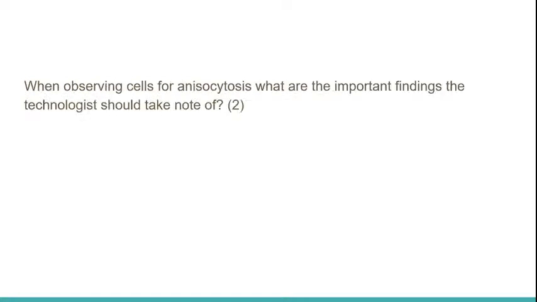And when observing the cells for anisocytosis, what important findings should the technologist take note of? When we're looking at the degree of anisocytosis, we look at MCV, and we need to take note: is it microcytic or is it macrocytic? That is the question. What do we consider as cells as macrocytic? I'll give you a couple of minutes. Macrocytic cells will have an MCV of greater than